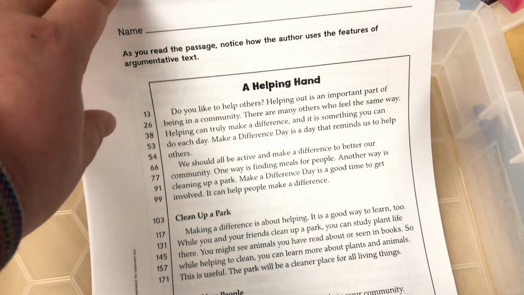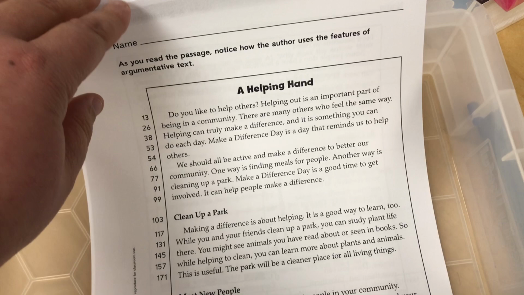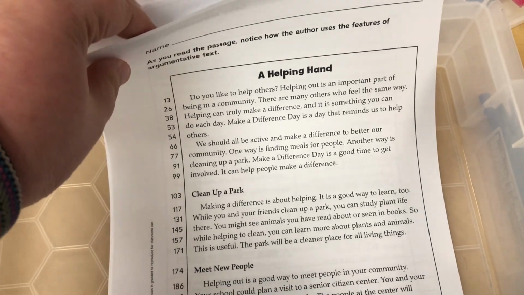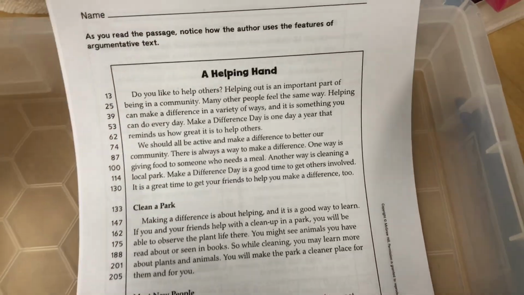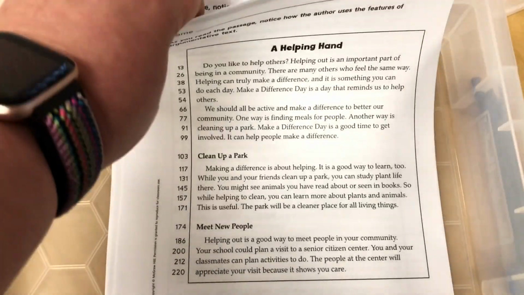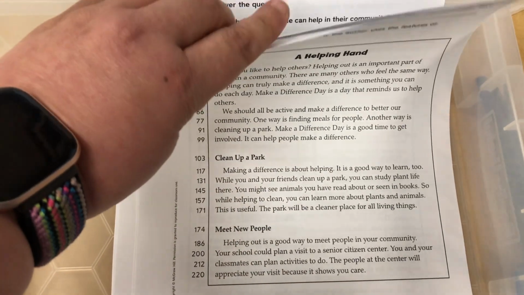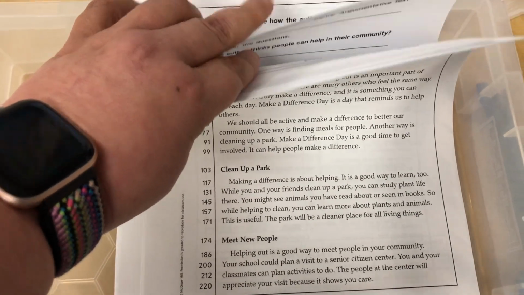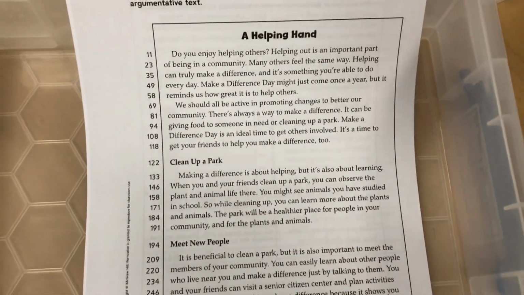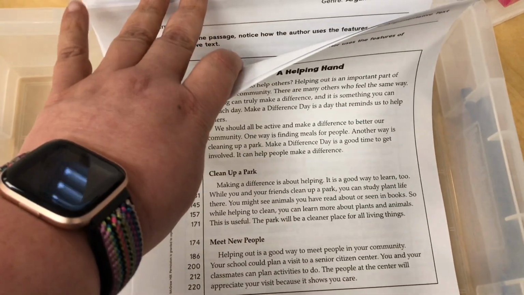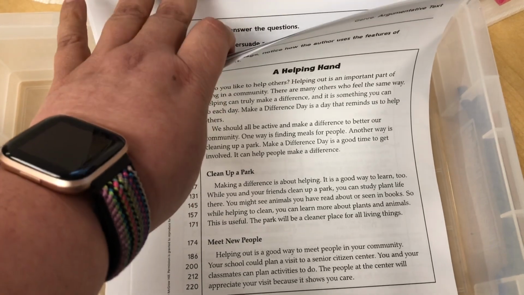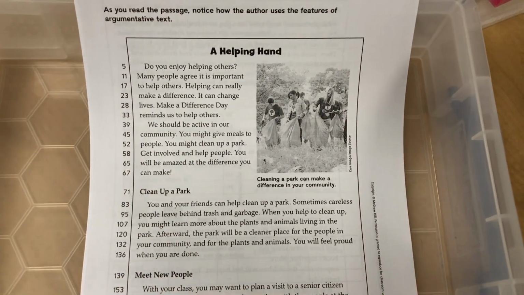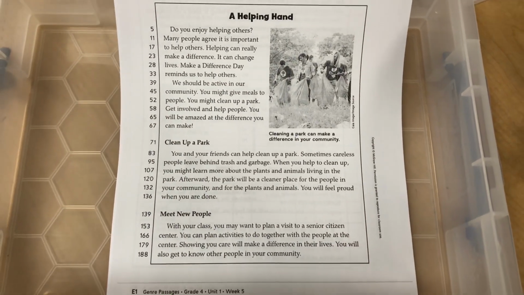Then we have our differentiated passages that will be for homework. So this is the approaching level. This is the on level. I'm not going to use all 4, but they're here for me to use. This is the beyond level for my gifted students. And the last one is for the ELL students. So here it is, which has pictures and helps them.